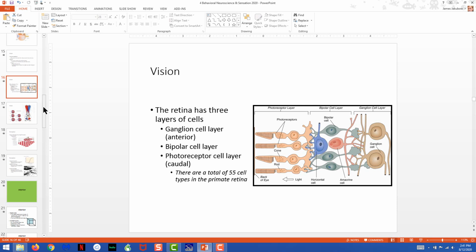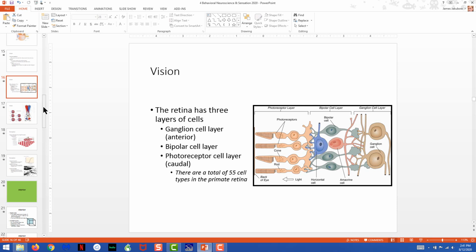A lot of this, though, is related to the early evaluation of coloring, shading, movement, shape, and so forth. But that wiring in the retina is so small and so complicated, it's taking decades and decades for researchers to figure out exactly how everything's laid out. And then you get to the ganglion cell layer.